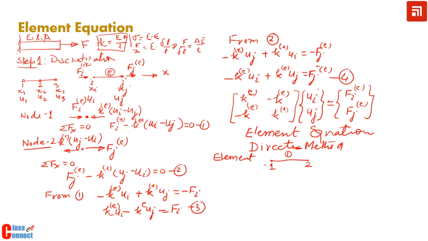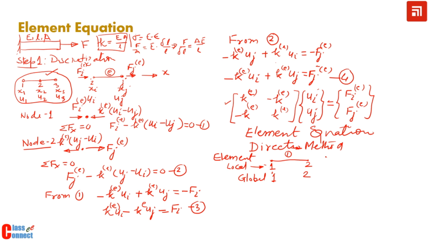And global node numbering is taken from this discretization figure. So this is the discretized figure, and this is a local element that we are drawing, 2D linear element. So this is local node number, and in this particular case element number 1, the global node numbers are also the same. So local node number and global node number in this case both are same. So now we can apply this equation for this element.